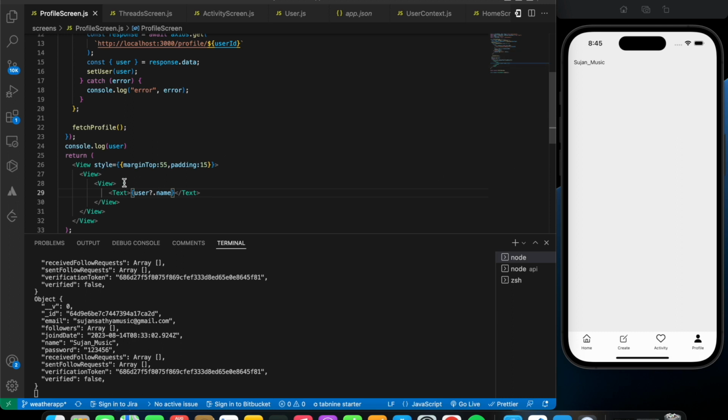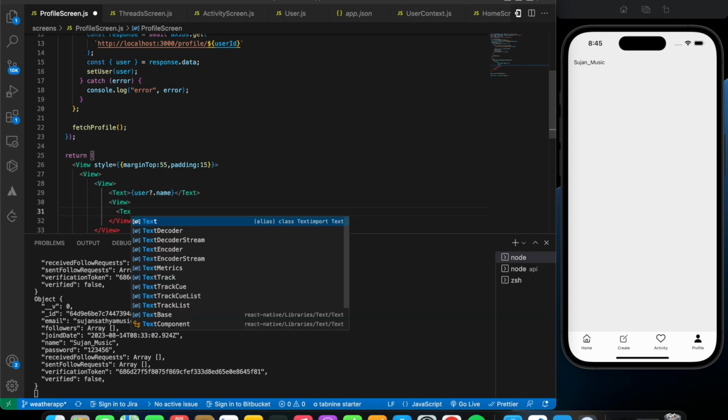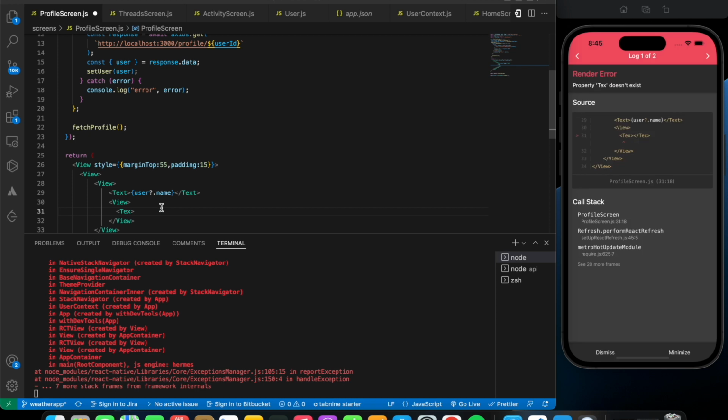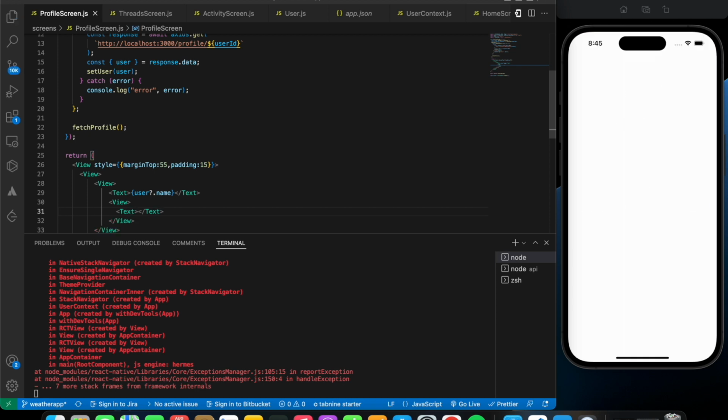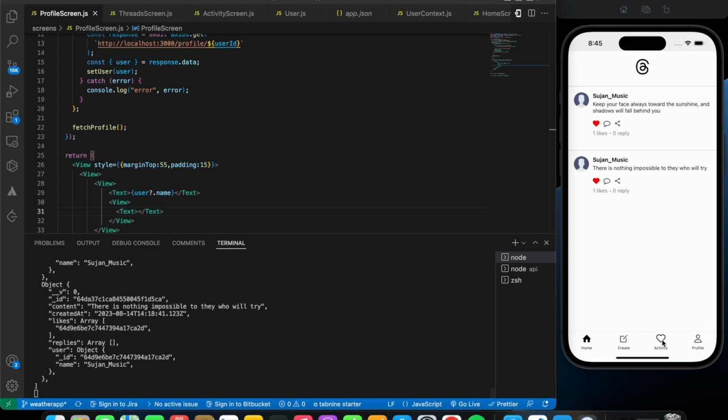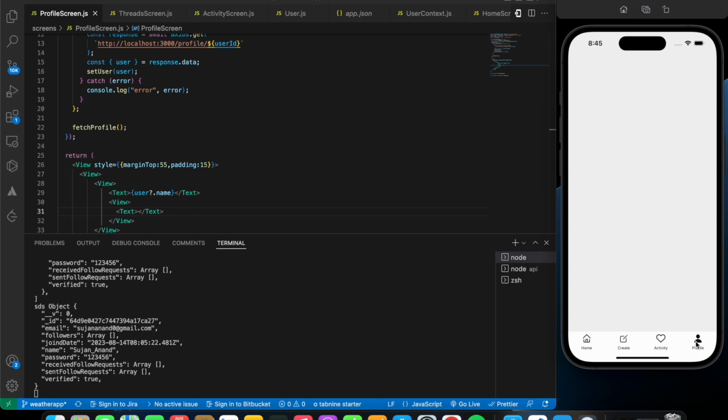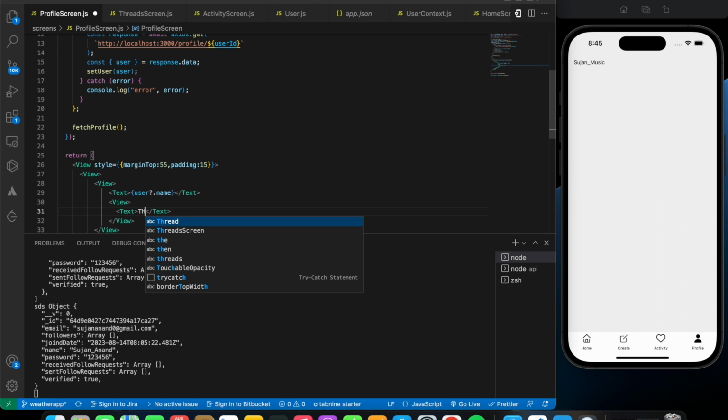Okay, as you can see, that is being seen on the screen. And after that, we're going to say view. All right, so it's going to have a text which says threads.net,